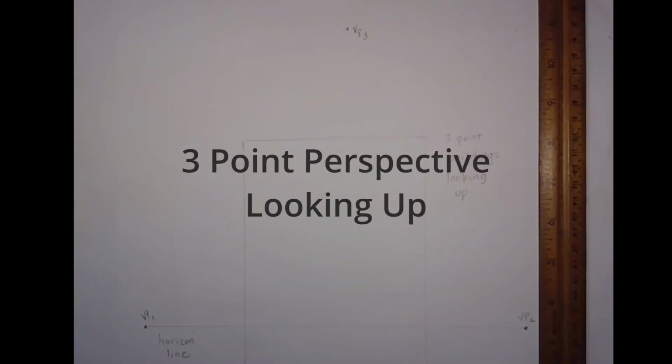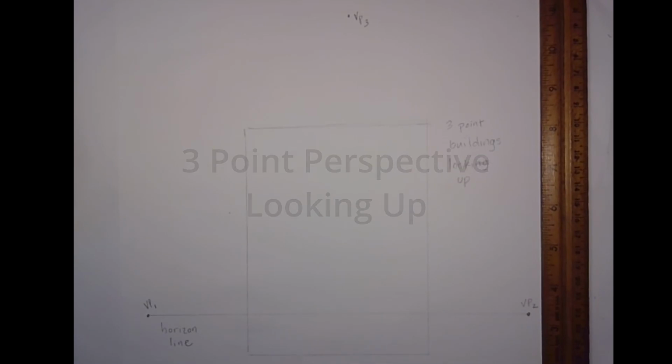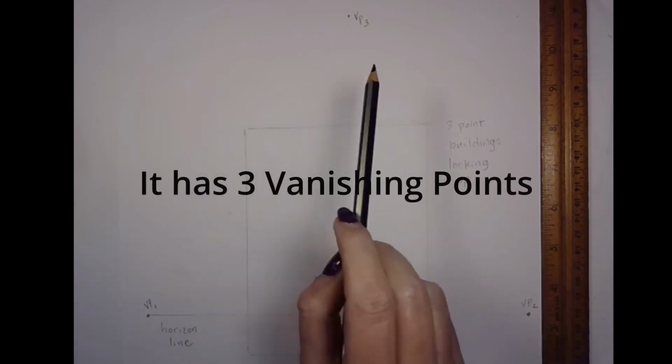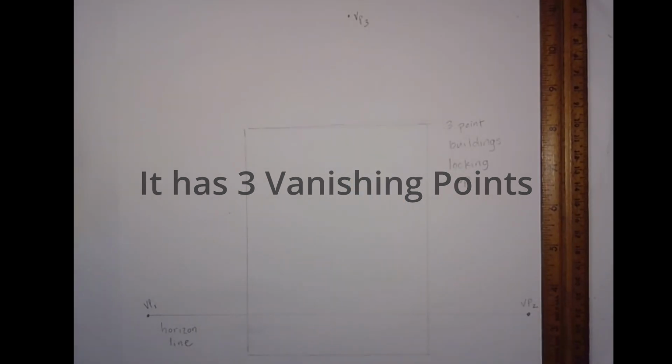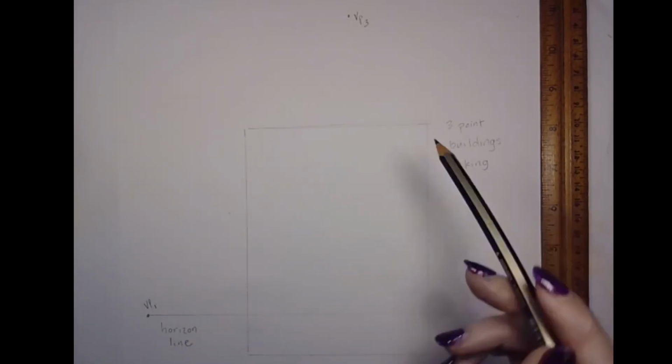This video is about 3-point perspective, which is a little bit more complicated. Okay, so I set up my drawing, or my sketch, right here. This is for a sketch. Here we have vanishing point 1, vanishing point 2, and vanishing point 3. This is the horizon line. This box that I made right here